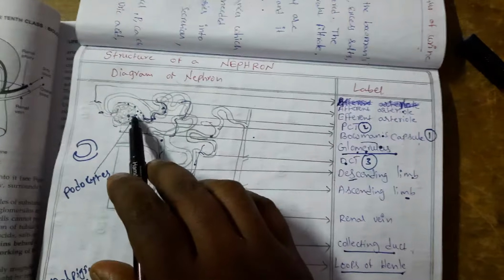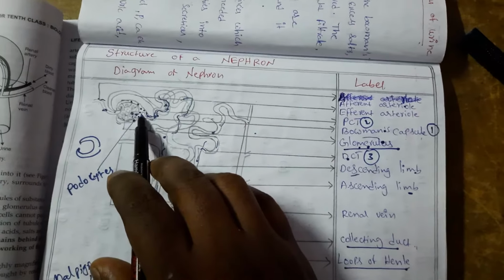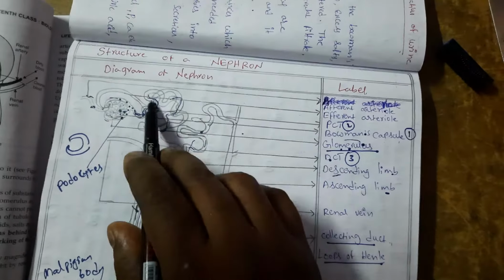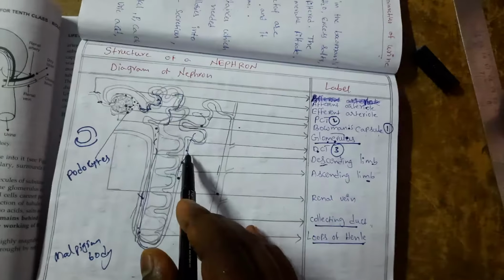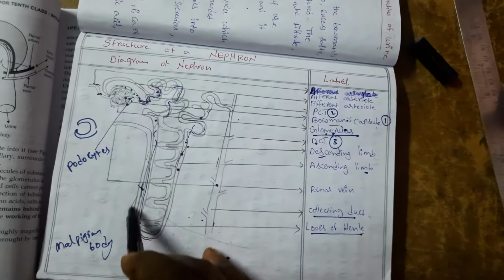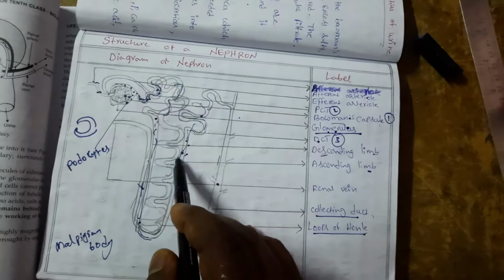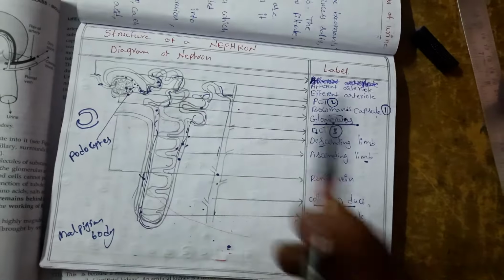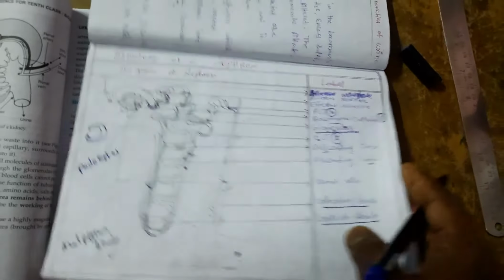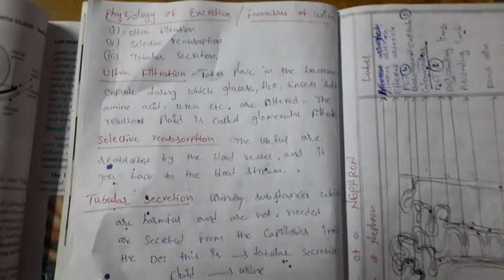Here the podocyte cells filter the waste material. This waste enters the PCT, then the loop of Henle, which has the descending limb and ascending limb. Then it goes from the loop of Henle to the DCT and then to the collecting duct. So in this one process, see